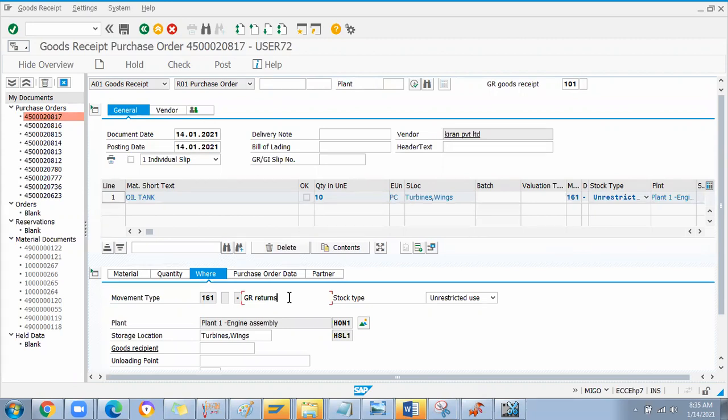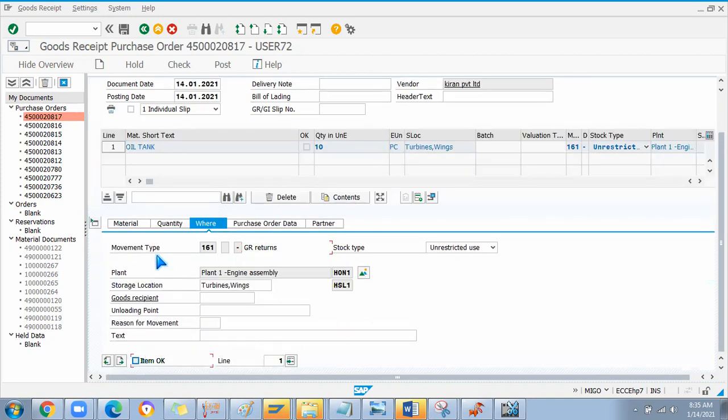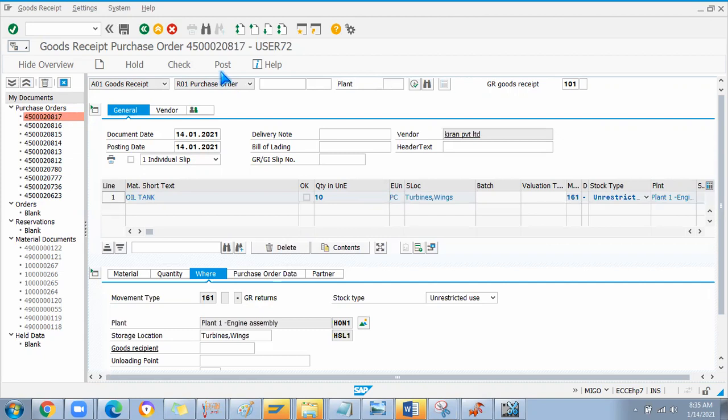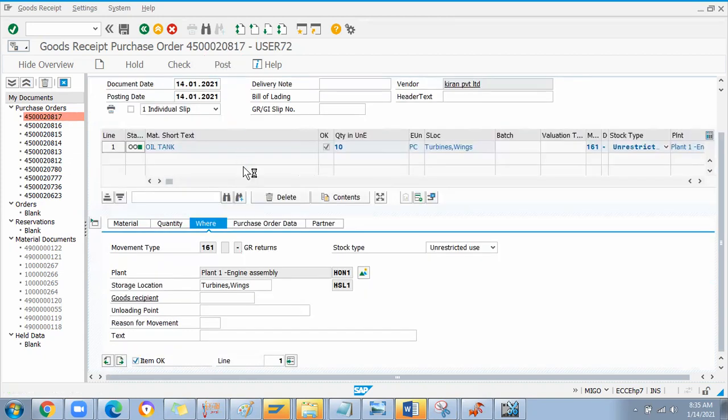What is the difference? If you know this difference, then only you can consult the business users on the client side. If you are a support consultant, and even if you are going to handle some implementation project, there are some movement types that should be added in the system. Then how you are going to configure all those movement types in the backend, you should know, right? Okay, I'm going to check it here, check this and post it.